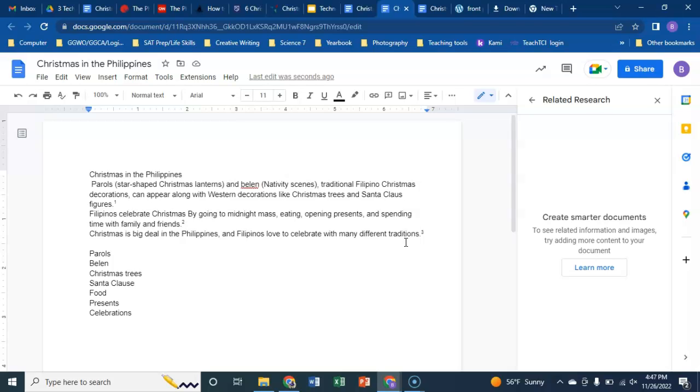So other things to help you, other things that can be in the list are different words that are used for the topic, objects related to the topic. So that would be like these decorations that I came up with. I spelled Santa Claus wrong. Places, people, different things like that. So I've come up with my list, and